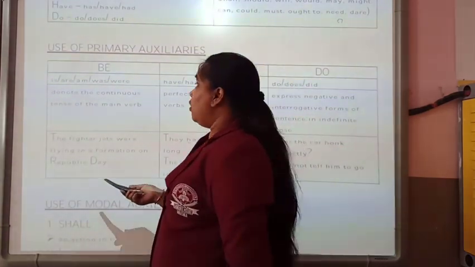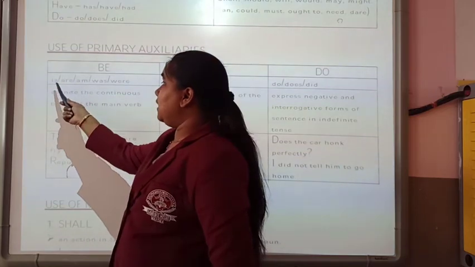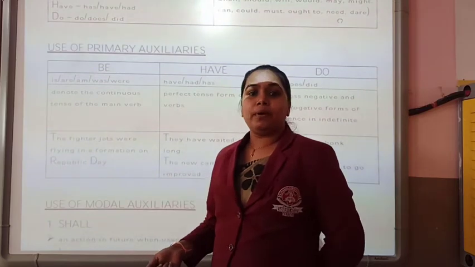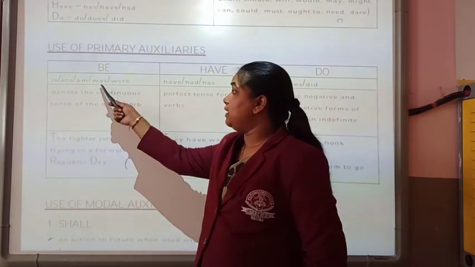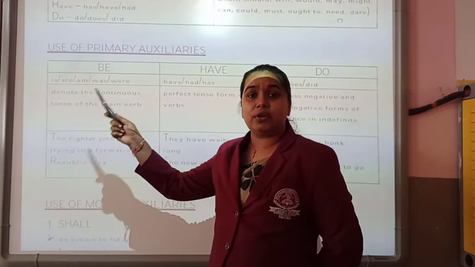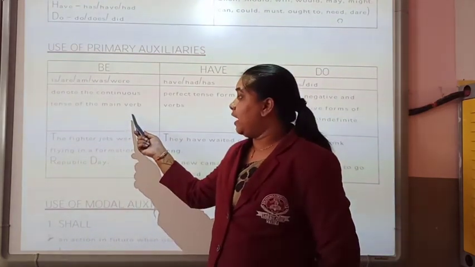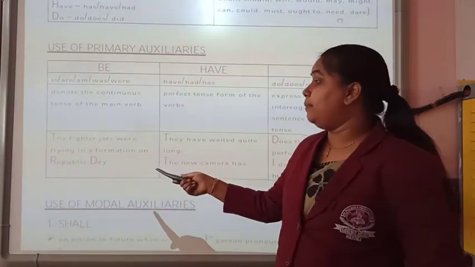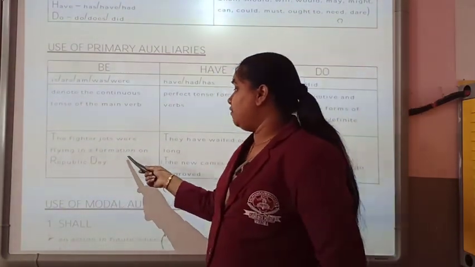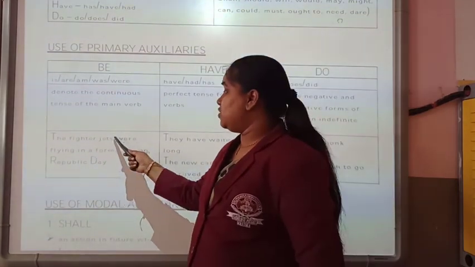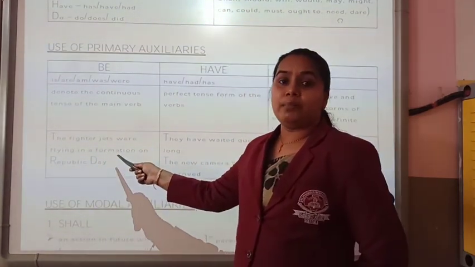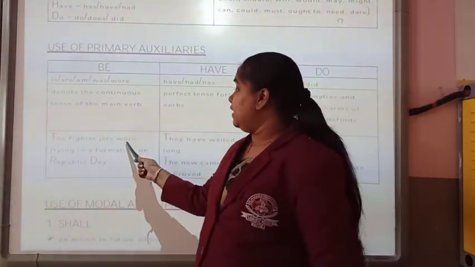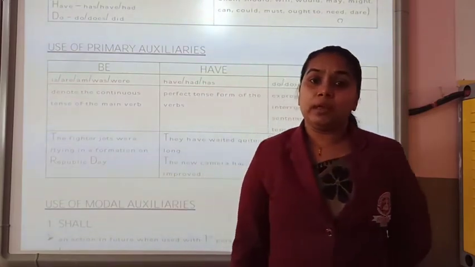Okay, so if you observe here, is is used for the singular present continuous form, are is used for the plural, you can say, and then similarly the same goes for was and were. Was is for singular and were is for the plural, that we have to keep in mind. Okay, now let's read the example. The fighter jets were flying in formation on the curtain. So see, fighter jets, here it is in the plural form. Okay, and were is denoting the past form. This were is the past form of the be.